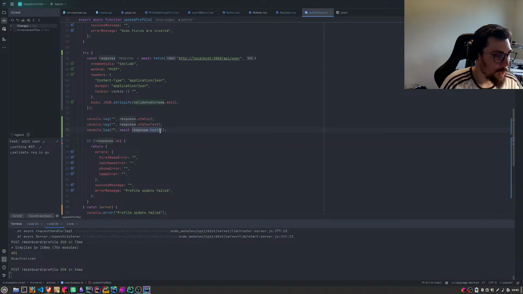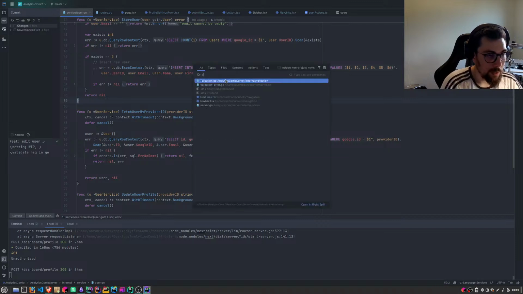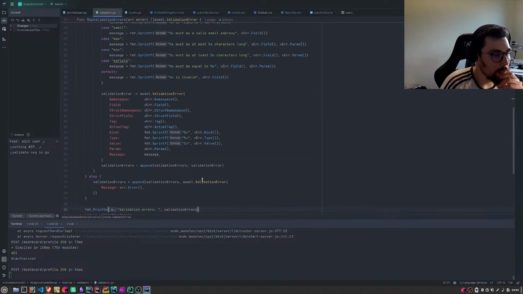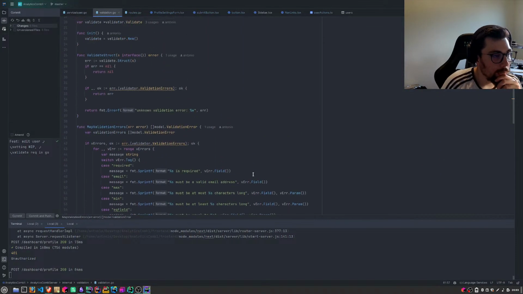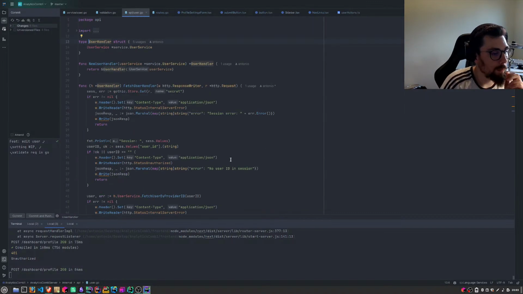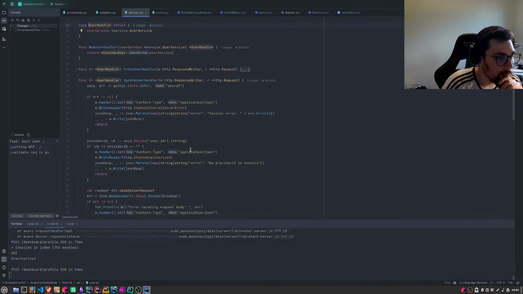So this does not return anything. I believe this returns stuff when the validation fails here on the server. API fetch user handler. Oh, that's not what we want. Update user handler.